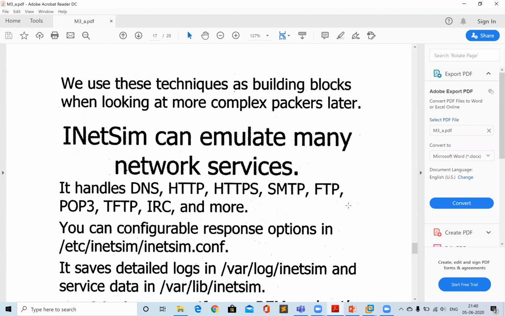Now my plan for today's class is to go through some network connections that are made from the malware and how to intercept them. Earlier we have seen some malware communicating on different port numbers, maybe over the HTTP protocol, and we were seeing what data was going back and forth. But what if the malware is utilizing SSL, port 443 or HTTPS, an encrypted channel, to communicate with the C2 server?